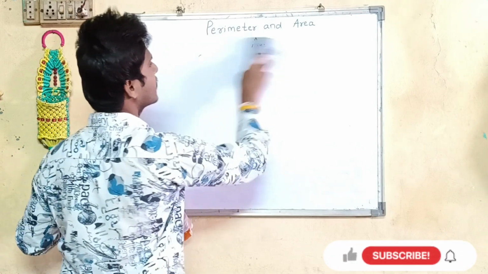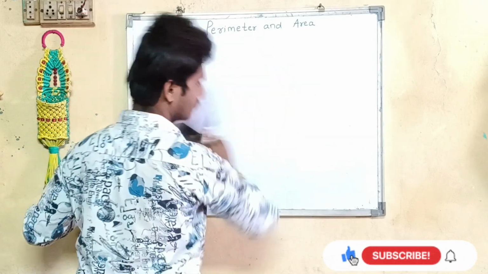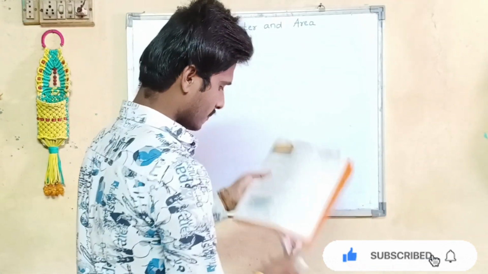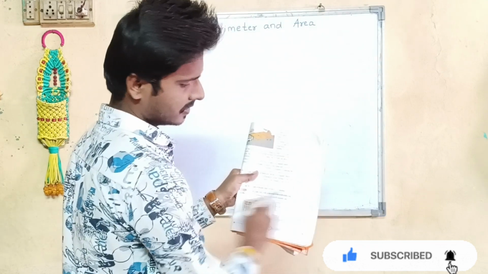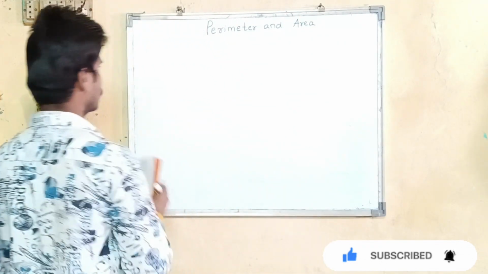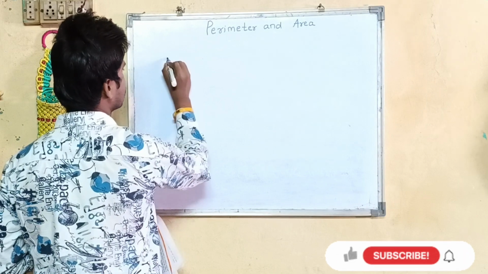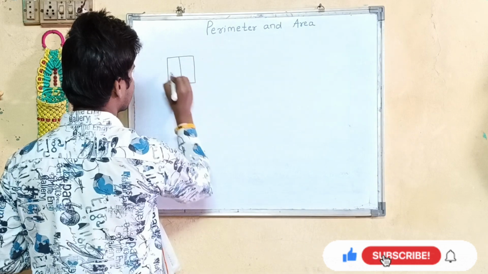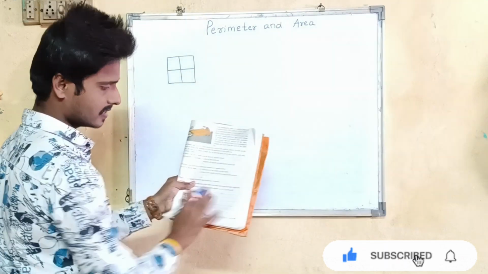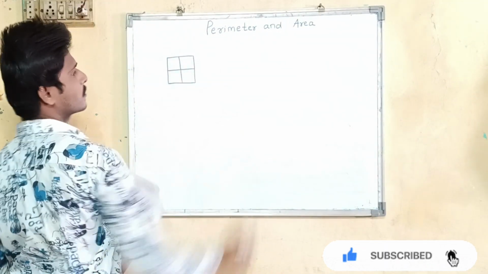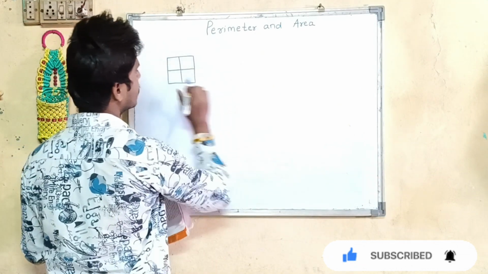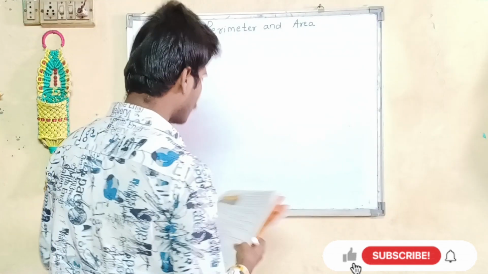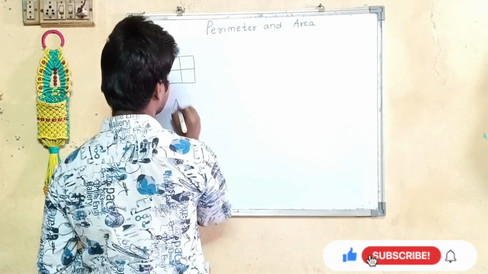आपके टेक्स्ट बुक में एरिया का भी एक एक्सरसाइज गिवन है. यू कैन सी दैट. पेज नंबर 73 you can see this many questions are given. I will solve one for you. Okay, I have taken the second sum. This is the square, but what they have done, they have divided the given square in 4 parts. 1, 2, 3, 4. Okay, so for area what were you supposed to do?